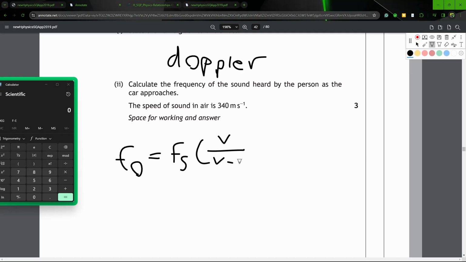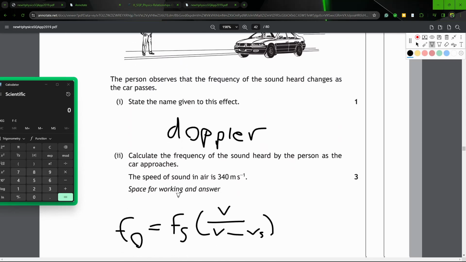Well, we're going to minus it because it's kind of the opposite of what you think. You just think if it's coming towards you, it's plus. If it's going away from you, it'll be minus. But it's the opposite way around. If the source is coming towards you, it's minus. But if it's going away from you, it's plus. But anyway, let's go and